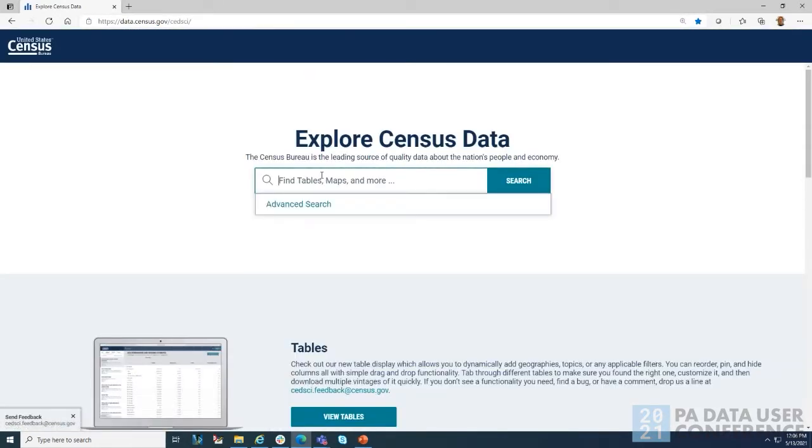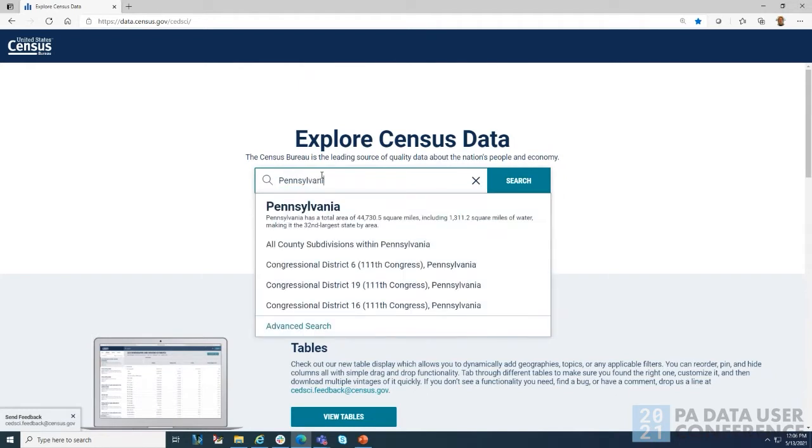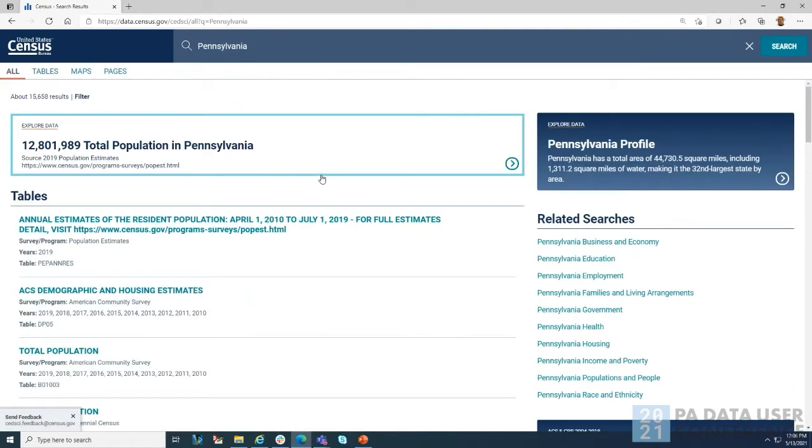If you're just looking for something in general, like a geography, like Pennsylvania, I never realized you can't spell things until you have to spell it in front of a live audience. But this takes us to what we call our all results page, because we're trying to get away from just a table view. We know that there are lots of ways that people are ingesting data. Some people are downloading everything and they just want it in flat CSV files so that they can manipulate it themselves. Some people want a traditional table. Some people want visualizations, some people want mapping. So we're not sure what people want, so we're trying to give people options.